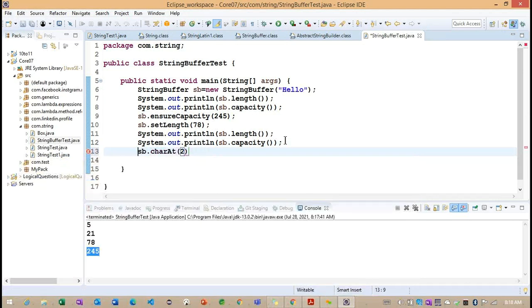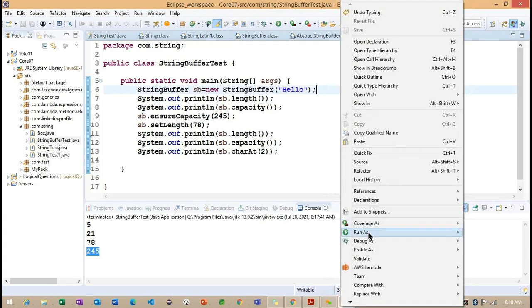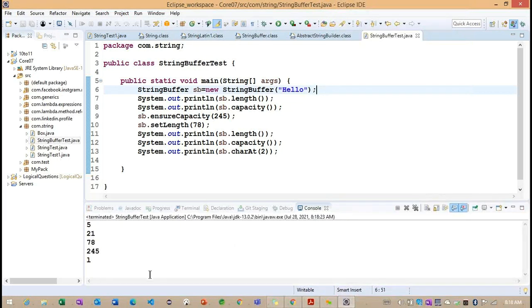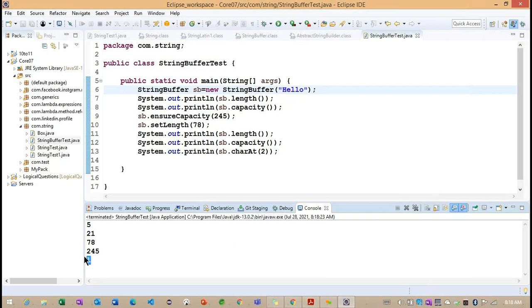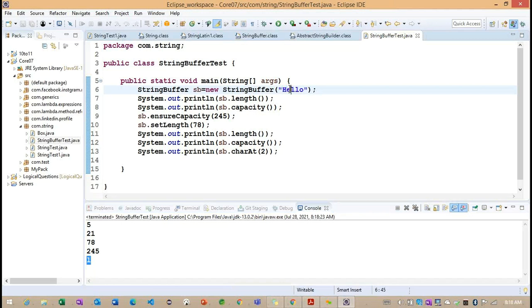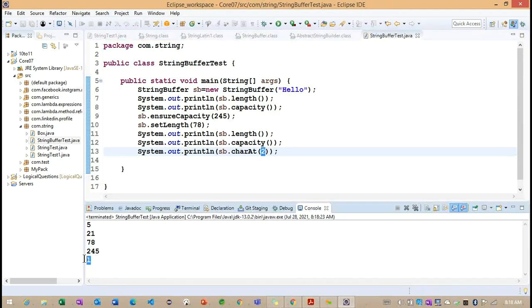Now the charAt method. Here I want to give the second index, because this charAt method we already discussed in the string related concepts and methods. Observe the same method is also available in our StringBuffer class. If I call this charAt method, we can see it returns L. This H resides in the 0 location, this E resides in the first location, and the L resides in the second location. So given the second index location, we get the character which resides there, that is L.